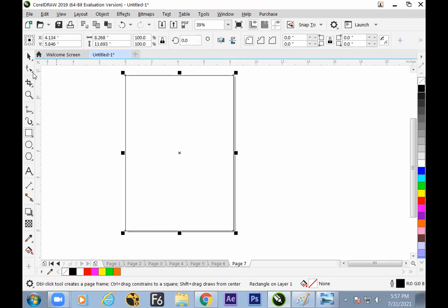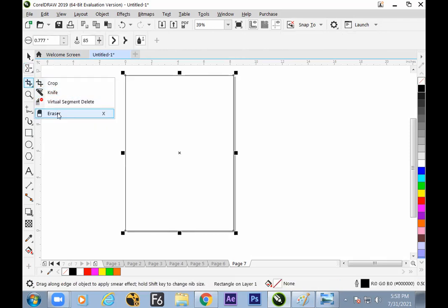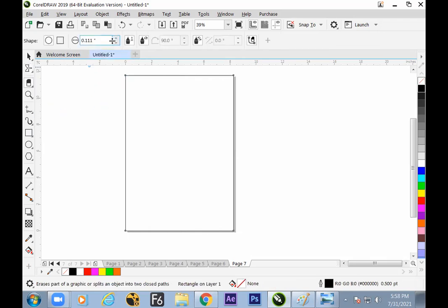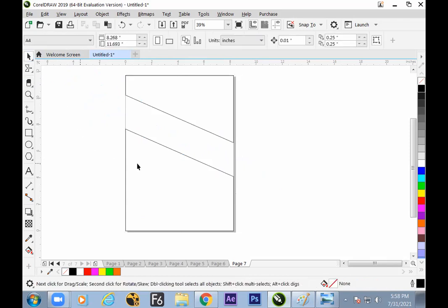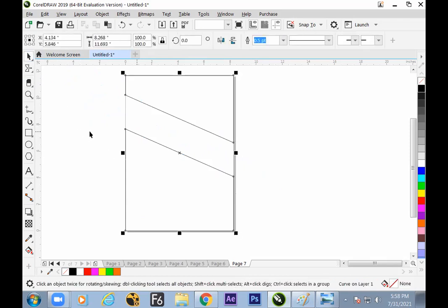How to break? Yes, we do have enough tools over here inside the cropping and all. So we can try it out with the erase tool. To get the size bigger, we can raise this and click and click. So hope we got to know how to use the erase tool to get a cut. Is it clear?